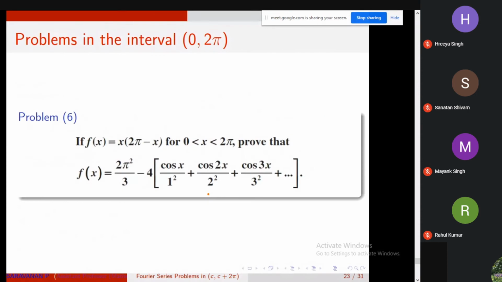You can note that this function is a polynomial, and this polynomial we are writing in terms of cos. That is a beautiful result about this Fourier series. If you have some function, under some assumptions known as the Dirichlet conditions, you are representing that function in terms of combinations of cos. But the other beauty is this is just a polynomial. If you draw the graph, you will get something like this, but all these trigonometric functions are in wave form.